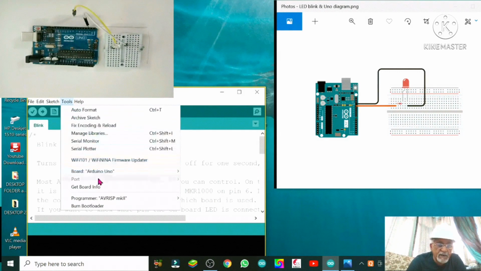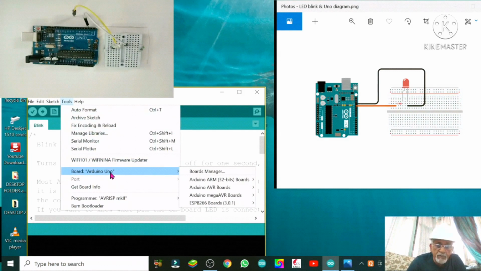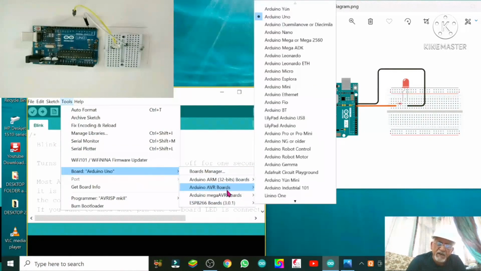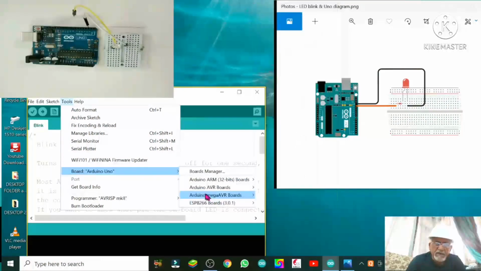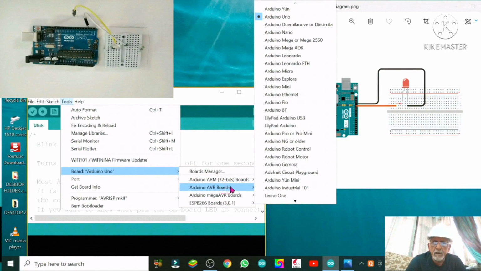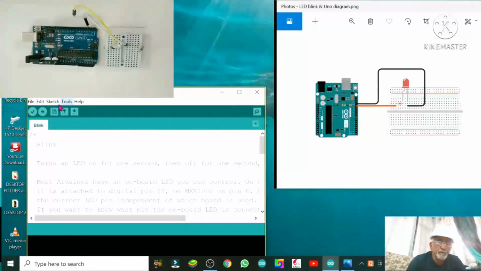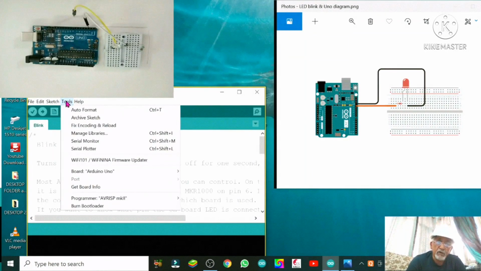We will open the tools. In the tools we will select the Arduino Uno board. It is already selected, or if there is another board, you can select it from here. So now there will be the Arduino Uno board, but the port is not connected.